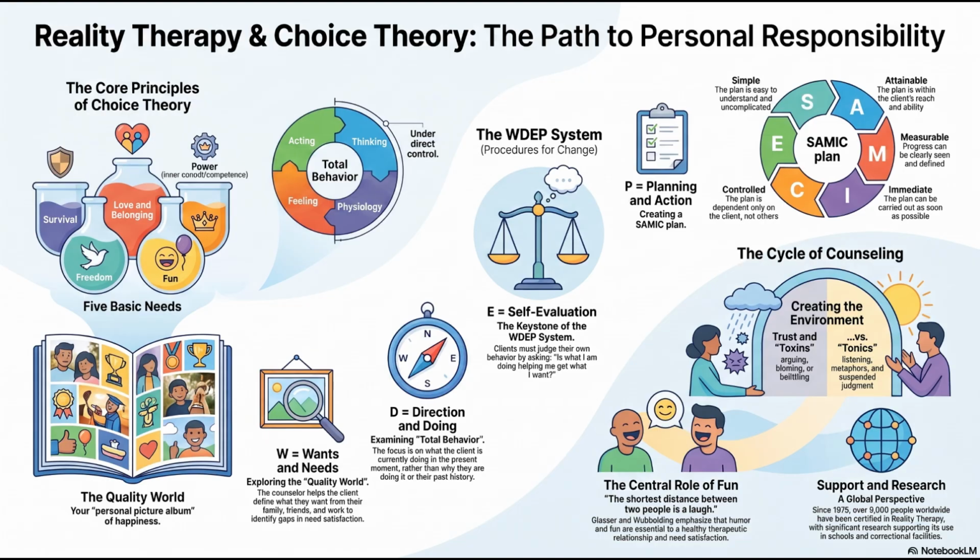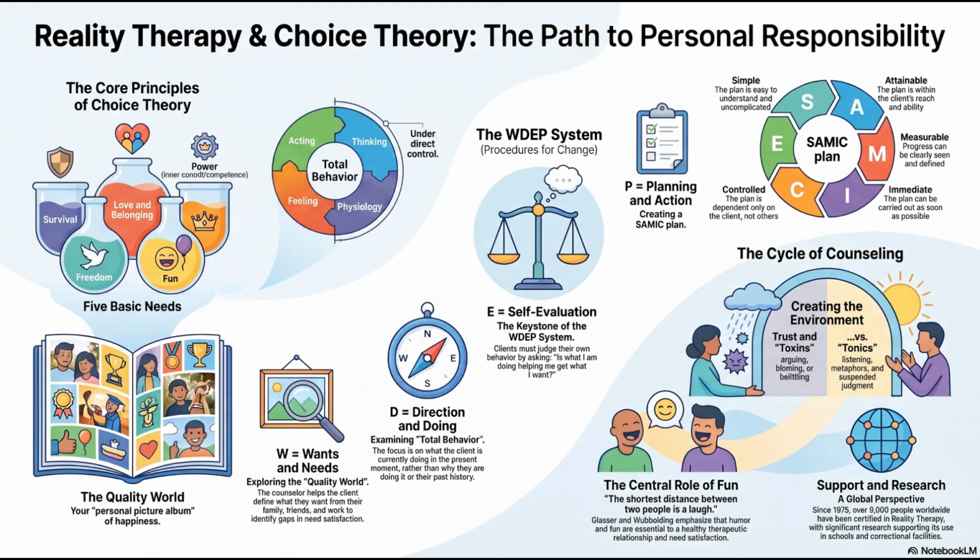The cognitive dissonance of this step must be intense, because the central question of the evaluation phase, and honestly, everyone listening should write this down and stick it to their bathroom mirror. The question is: what you are choosing to do right now, is it helping you get what you want? It's so simple, but it cuts entirely through the noise. It bypasses all the complex excuses and the tendency to blame other people. It just demands a cold, hard look at effectiveness. Is your current behavior bringing you closer to your goal or driving you further away?